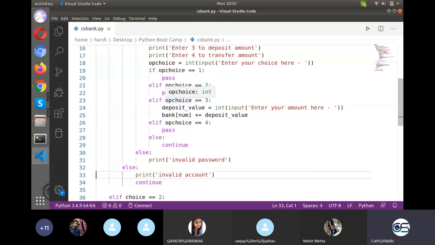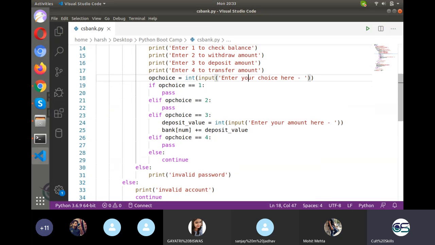Okay. So now we have done with this deposit value part. Now let's talk about, if I want the file and video to be shared, sure, sure, sure. File and video will be shared. Even one video has already been shared to you. Rest of this video, second call will be shared to you.